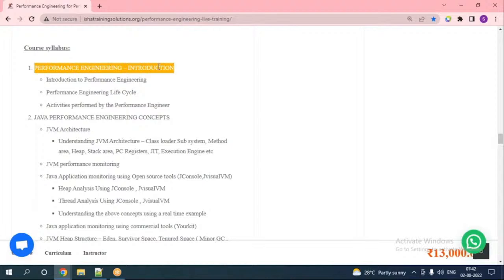Then what we can do is JVM performance monitoring. Inside the JVM, what are all the things that are happening? There are tools: open source tools and commercial tools. The open source tools are utility tools inside your JDK folder, which are nothing but JConsole and JVisualVM. Through these two tools, we are going to get an understanding of